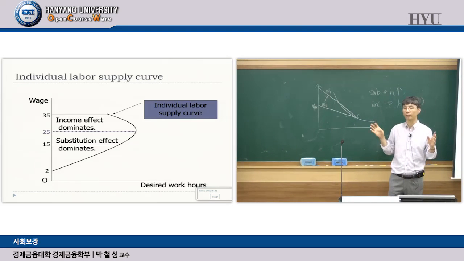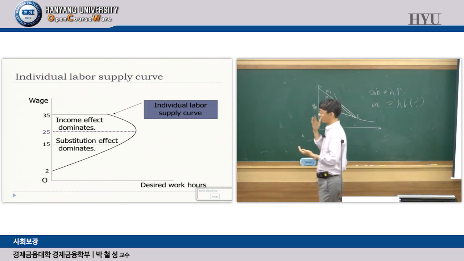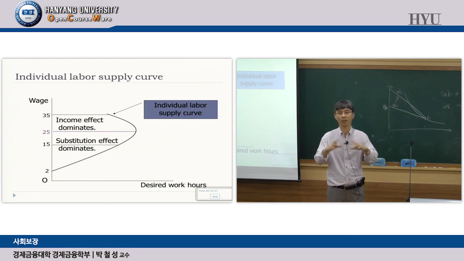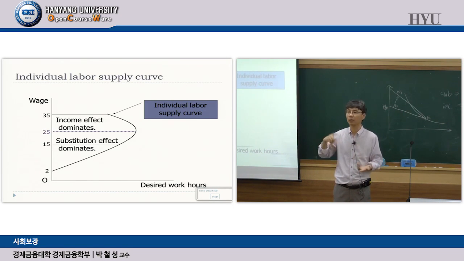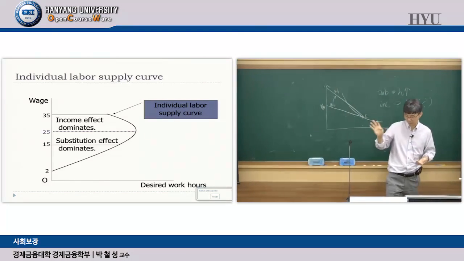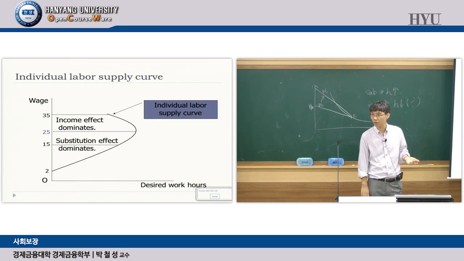So anyway, what happens here is that a lot of social programs are going to change that individual's budget constraint. Then using our work-leisure choice model, we can analyze how it affects that individual's labor supply decision. Okay? So that's how we're going to use it later. So just remember that this work-leisure choice model will show up very often throughout the semester. Any questions?